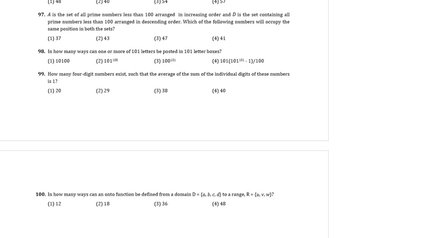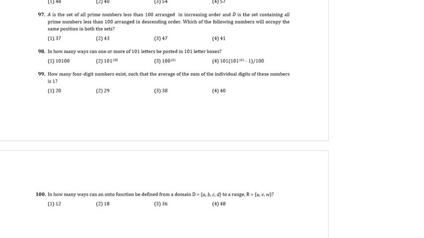Now, there are two ways to solve this question. One is to actually list down all prime numbers from 2 to, I guess, 97 below 100 in ascending order and then in descending order and match them. But if you know two important concepts here, you can solve this question very quickly. What are these concepts? Firstly, you need to know that there are exactly 25 prime numbers less than 100.